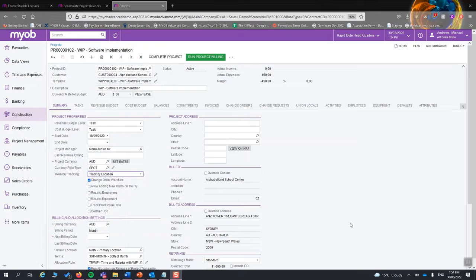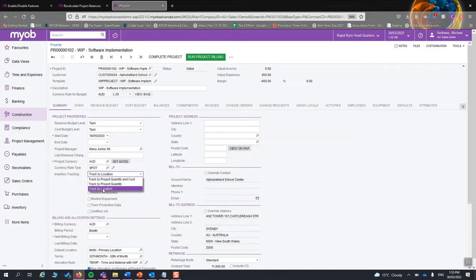After you have turned on the project-specific inventory feature, then on the project screen, you will see a new field called Inventory Tracking. The inventory tracking setting has three options. The first option is Track by Location. This option is the equivalent of the inventory tracking mode of the previous versions. That means stock items that belong to a warehouse will not be reserved. You can only reserve stock item for a project by creating a warehouse location and assign a project and project